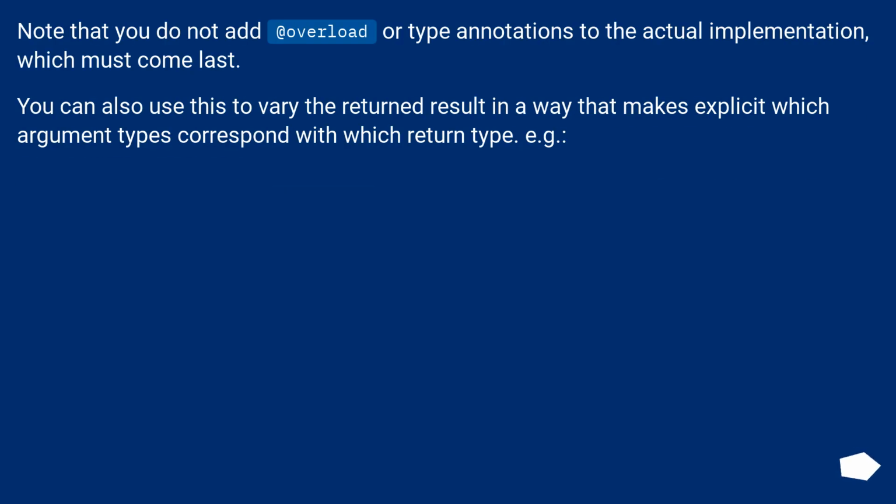Note that you do not add @overload or type annotations to the actual implementation, which must come last. You can also use this to vary the returned result in a way that makes explicit which argument types correspond with which return type. For example,